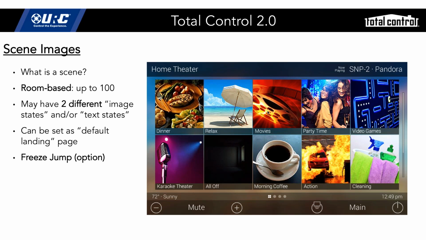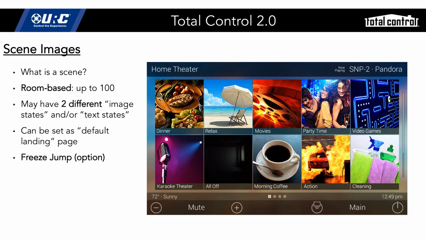Channel up, down, etc. I don't understand what you mean, David. If there's no jump, how do you control channel up and down? It would be from another UI in the room. If you want to use this to still control the jumps, then you wouldn't use the freeze jump, because then you would want this user interface to jump to the device. What I'm saying is sometimes you don't want a specific user interface to jump to a device, where you may want to have the other UIs in the room, like your handheld devices, jump to the device, and you could do it that way. I hope that makes sense, David. Right. Thank you. So, if there are no other questions,